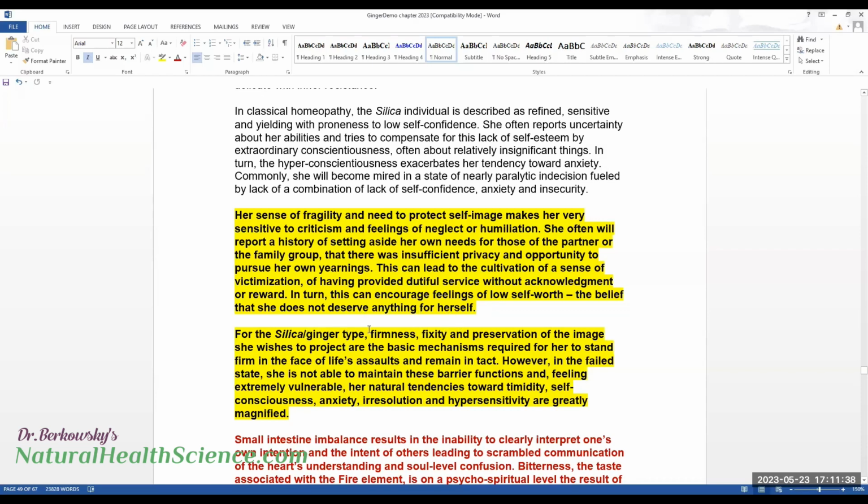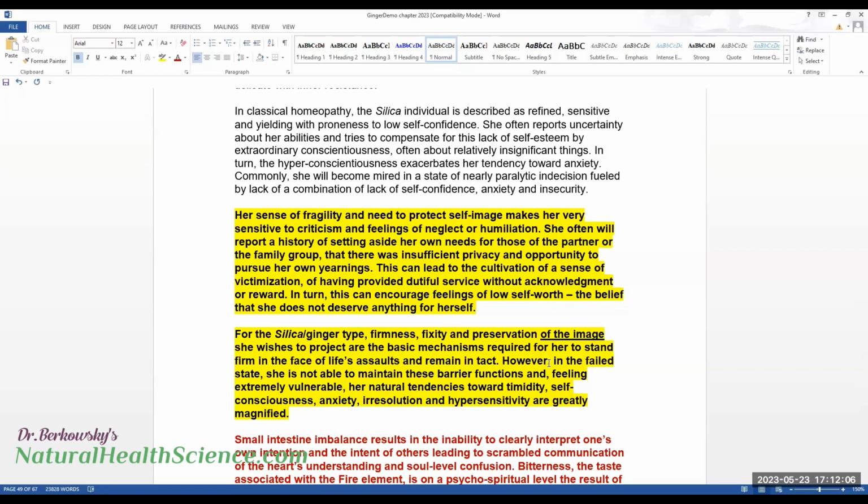So the silica ginger type, because silica is part of the ginger picture, firmness, fixity, and preservation of the image she wishes to project are the mechanisms required for her to stand firm in the face of life's assaults and remain intact. In other words, the image has to be preserved. However, in the failed state, when this is no longer working, when that ability, the capacity to maintain that image and hold off the assaults of the world has failed,